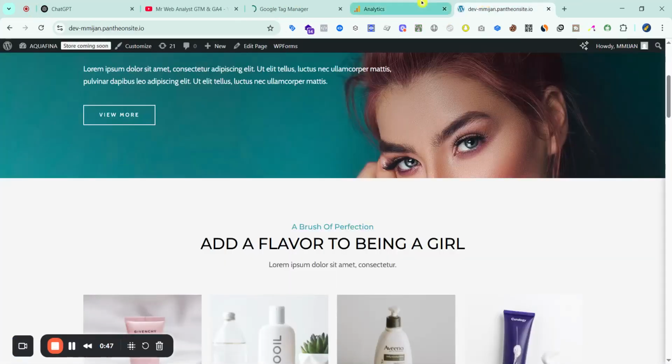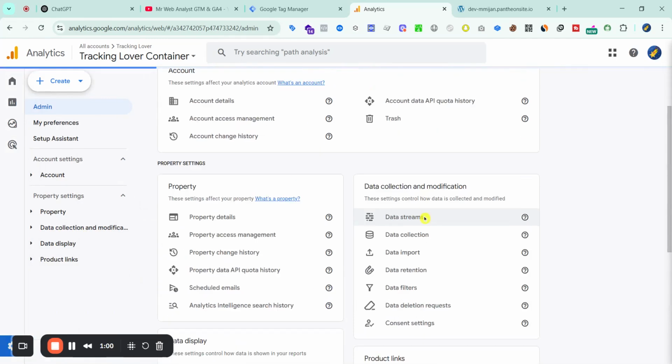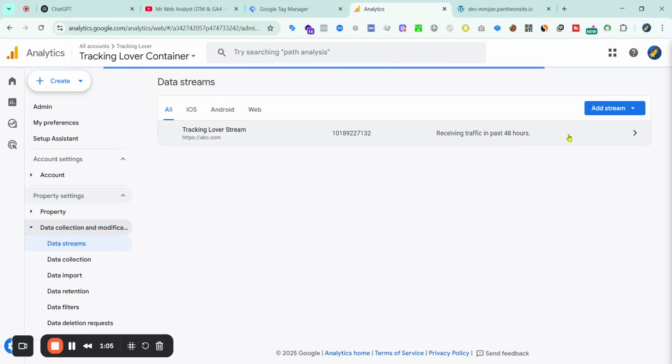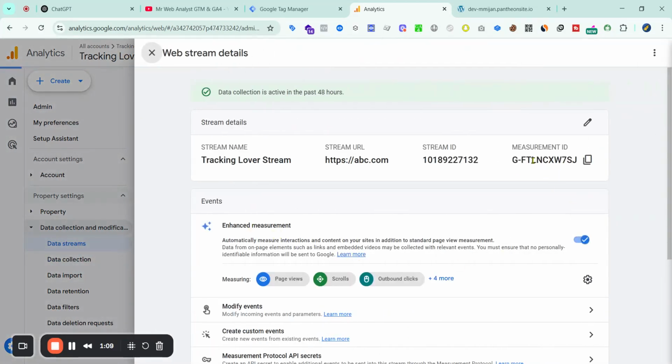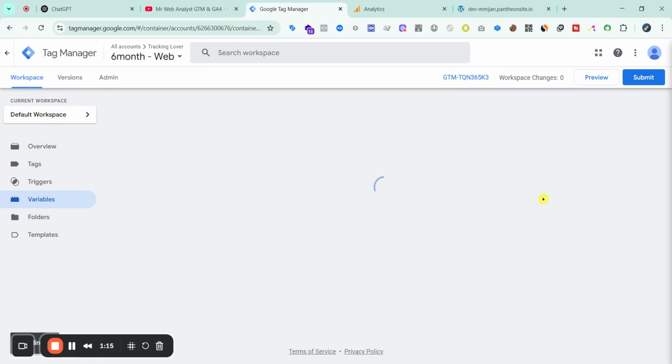To set up Google Analytics, first I need to create a Google Analytics account, and I already created one. After creating the account, click here, then you will see data stream. Click on data stream, then click here again, and you will see the measurement ID. Just copy it, go to Google Tag Manager, then Variables,